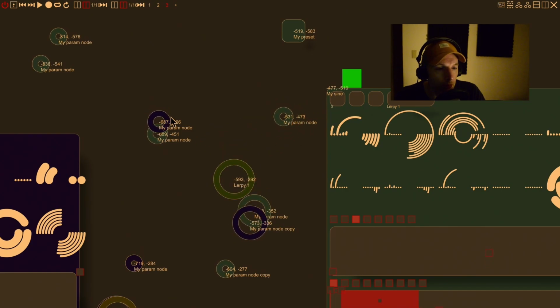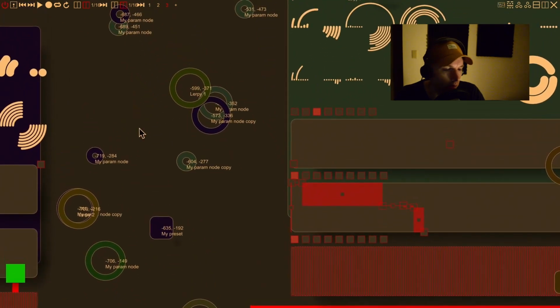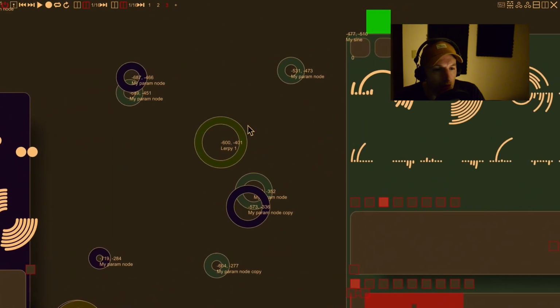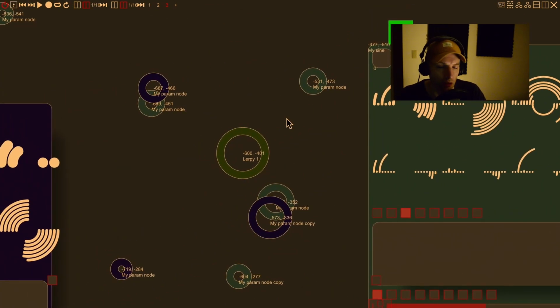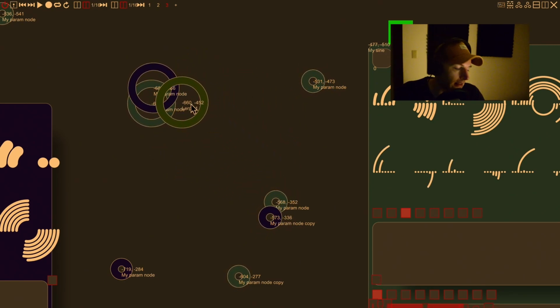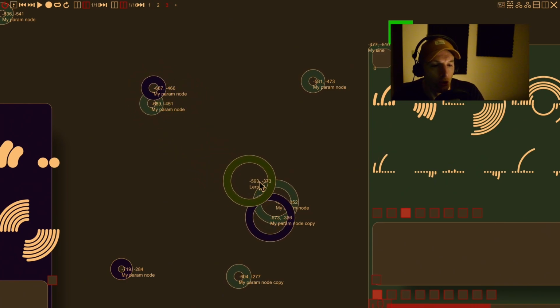So the point being is that these two nodes, if we zoom out a bit, we can see down here, if we move our looper around, see how it modifies the send as well. So what that means is we can now sort of create this set of parameters across multiple instruments that we control with this single handle, which is very powerful. Now we can associate these sounds together in a way that's just